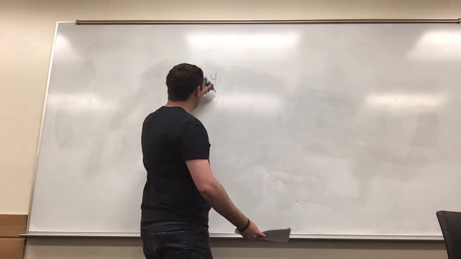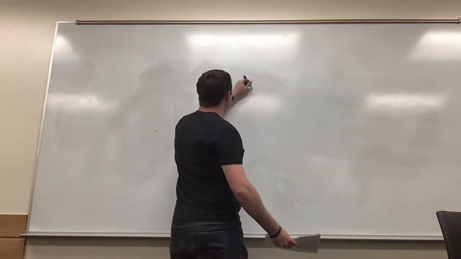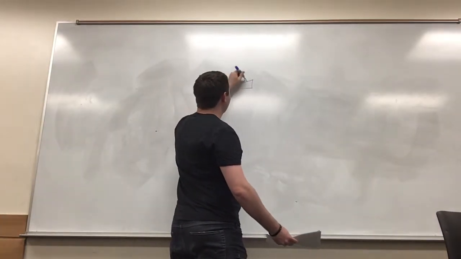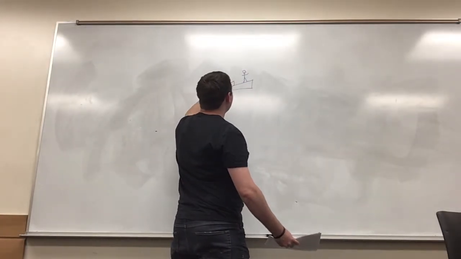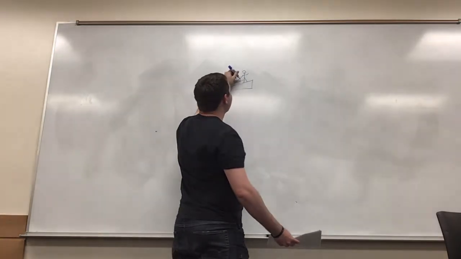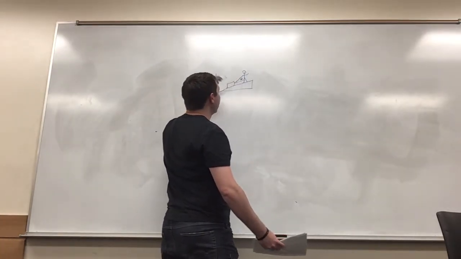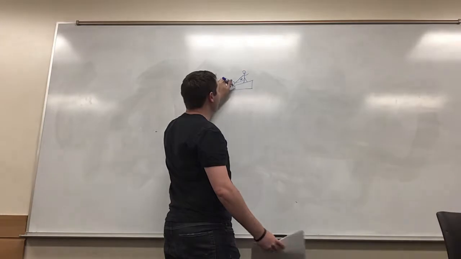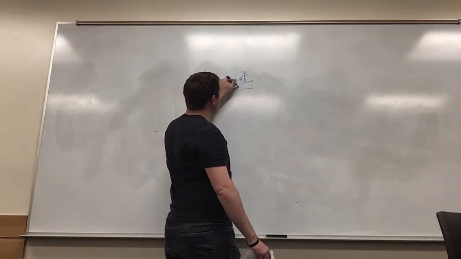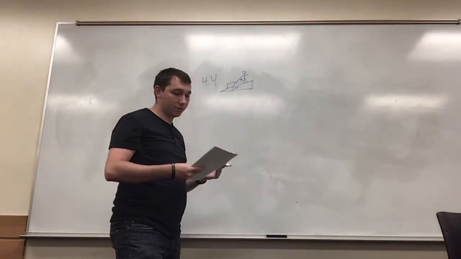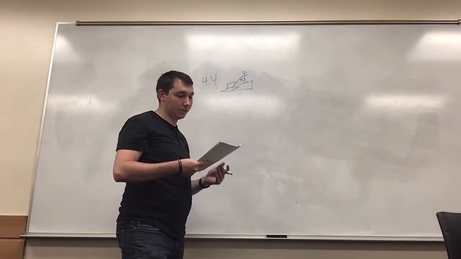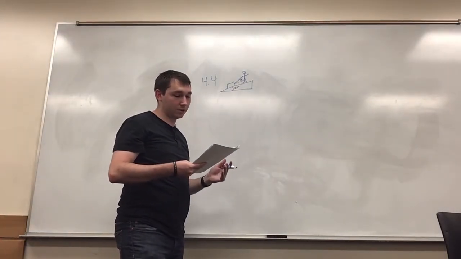So if we draw a picture, we've got a moving truck ramp, we got a guy up here, and we got a trunk that he's pulling upwards, and the angle of that is 30 degrees, and the angle of the moving truck is 20 degrees. The question then asks, how large of a force is necessary for the x component parallel to the ramp to